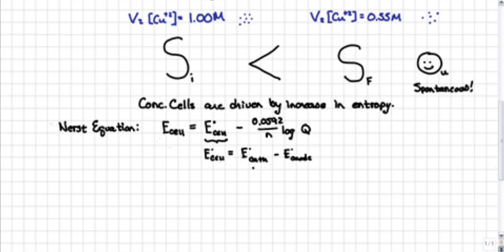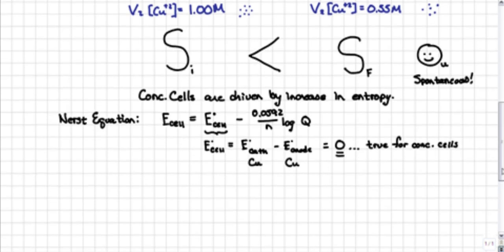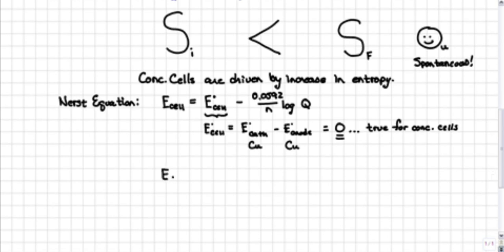Why, going to the table, we realize very quickly that we would be taking the value for copper and subtracting from it, again, the value of copper, because we have copper in either case, and we see that this is just 0. In fact, this is always going to be true for concentration cells, in that we'll always be dealing with a cell that has the same element on the left as on the right, and so for concentration cells, the value, from the table anyway, is always going to be 0. Well, that's a nice simplification. We can carry that down here and say that now the cell potential for the concentration cell, anyway, is equal to a negative